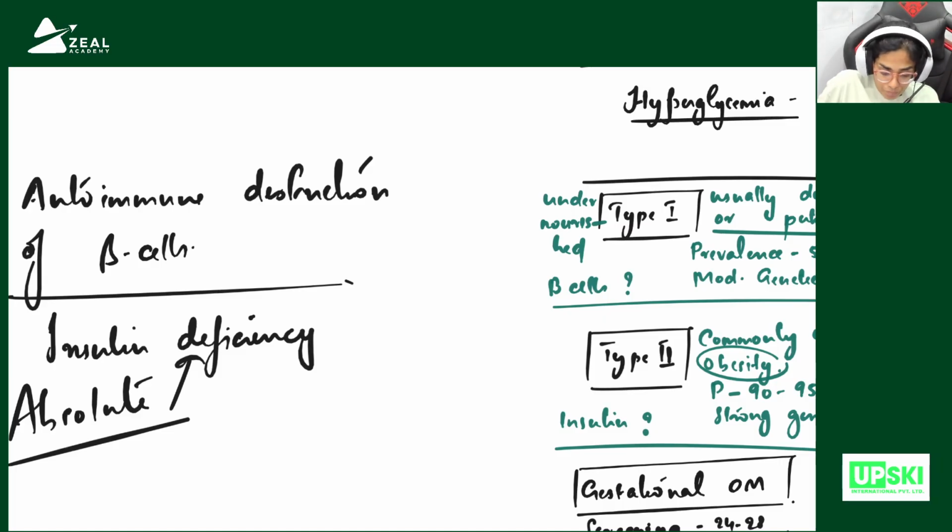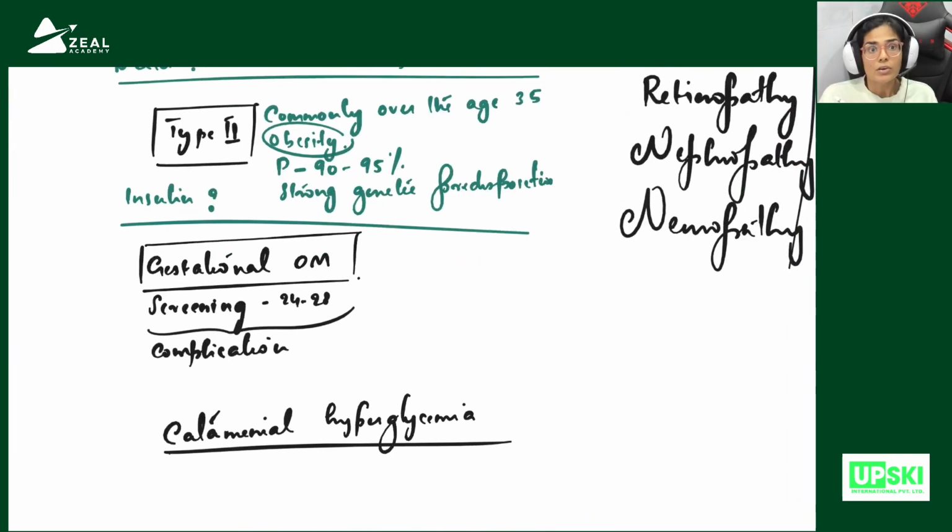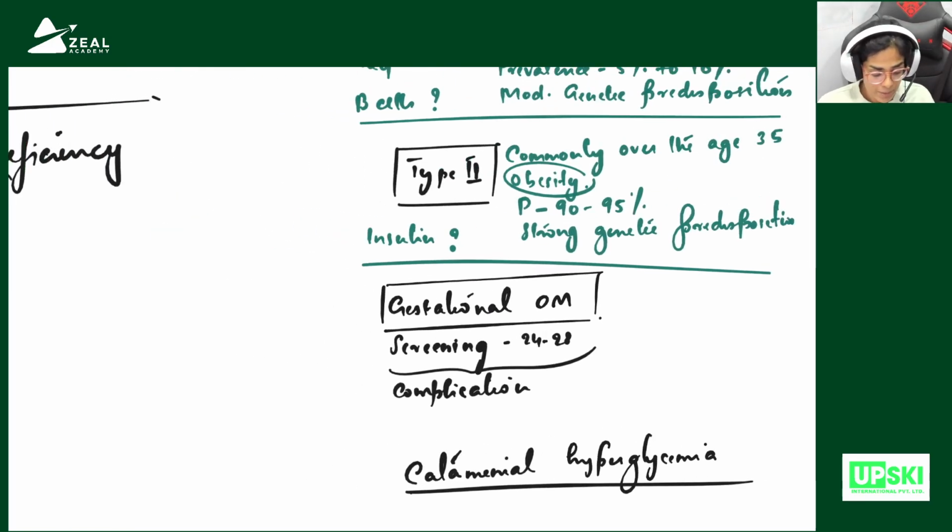Now what about type 2? Type 2 commonly occurs over the age of 35, and these people are mostly not undernourished or malnourished. They're usually obese, especially they have more adipose tissue accumulation, a greater waist circumference than normal people, a pot belly, etc. And the prevalence is around 90 to 95%. And here we can see a strong genetic predisposition rather than moderate or low genetic predisposition. What about insulin? So here we do not have beta cell destruction initially. Initially, the problem with these people, the type 2 diabetes mellitus people, is